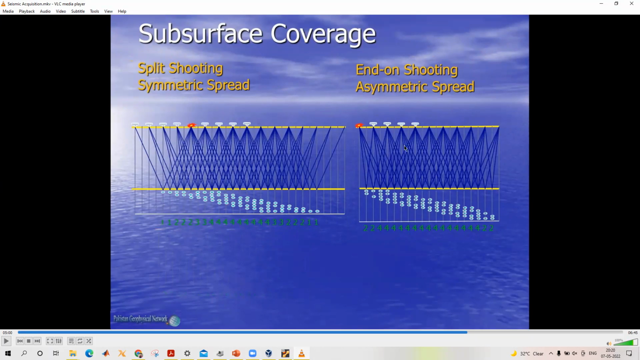So most of the time, this kind of seismic survey is preferred when compared to symmetric spread. But both of them have uses, depending on the type of seismic survey we go for. This is applied for both land data and marine data. Okay,